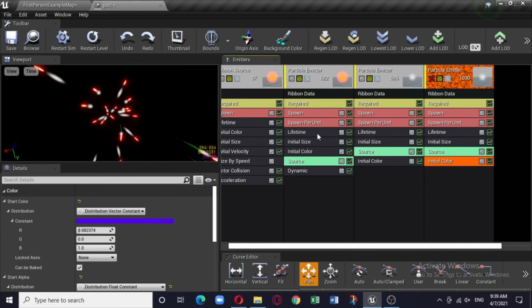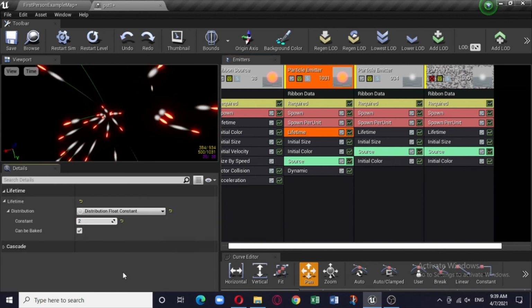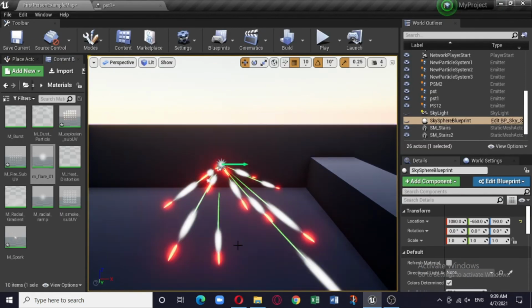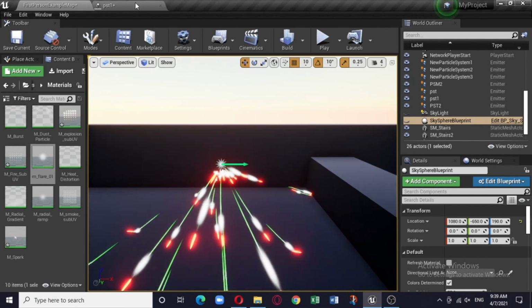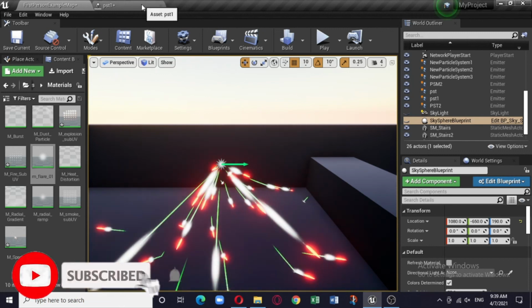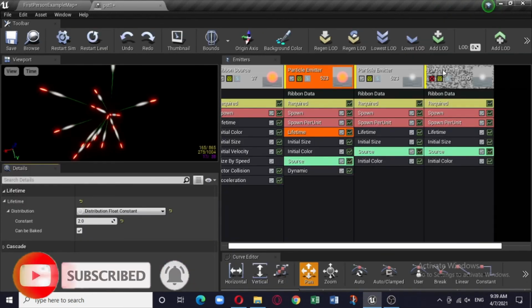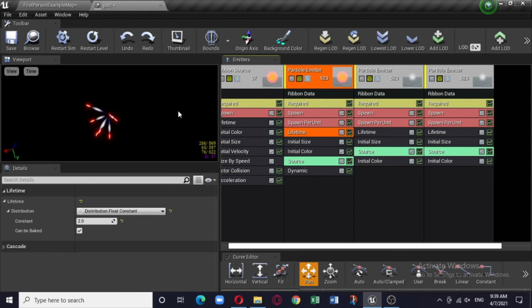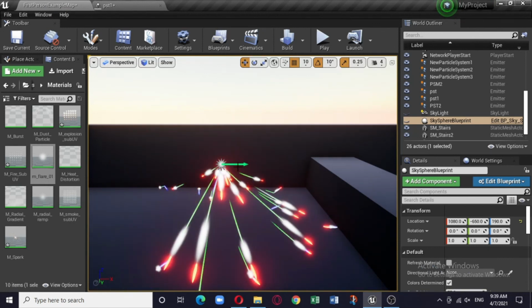And the lifetime here is also 6, so better make it 2, so that things are visible. Still the blue is not visible because it is getting overlapped by the green. Anyway, oh sorry, this is hidden. So here you can see a sort of blue, green, white things getting emitted.